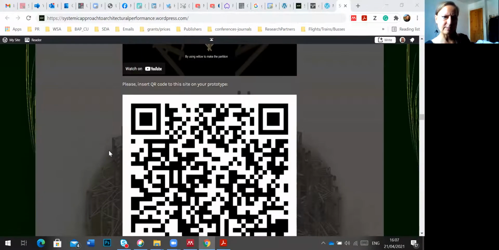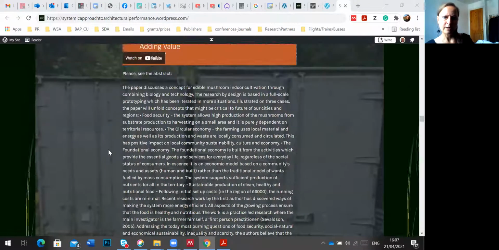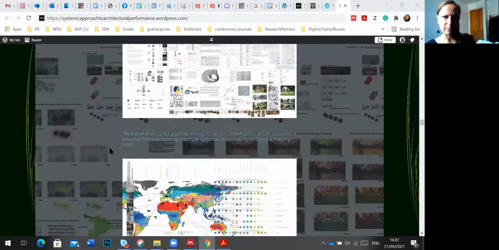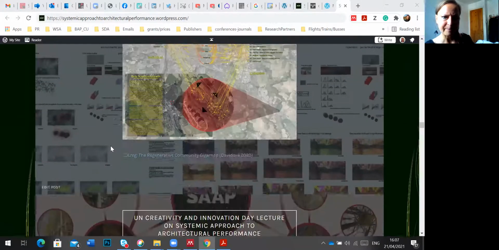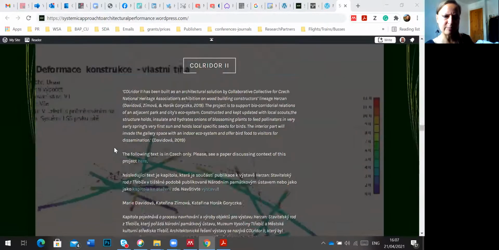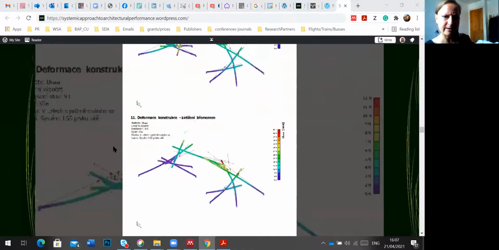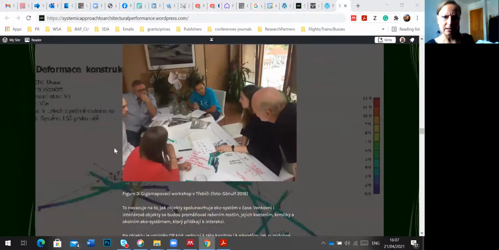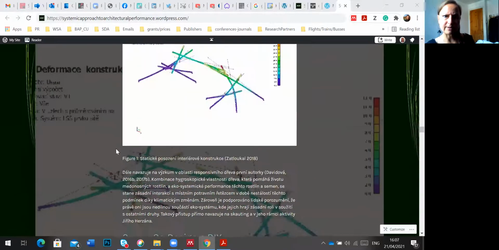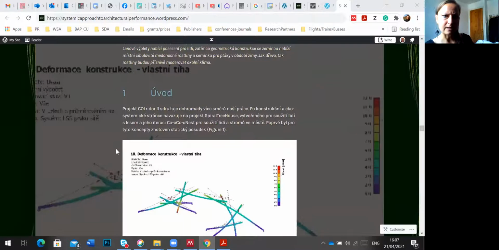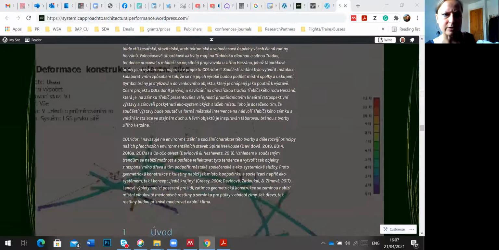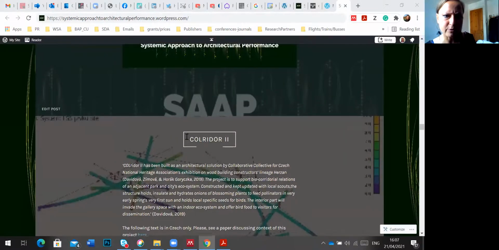So let me scroll to the prototypes we have been doing in a collaborative collective, sometimes with and sometimes without students' participation from the Technical University of Liberec. And some of that has been in collaboration with the National Heritage Institute of the Czech Republic. That is this project